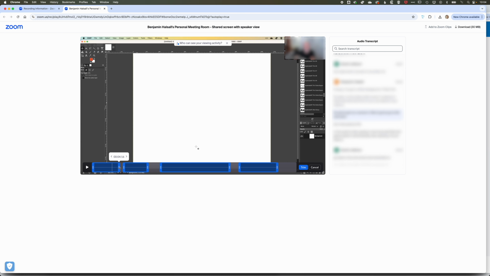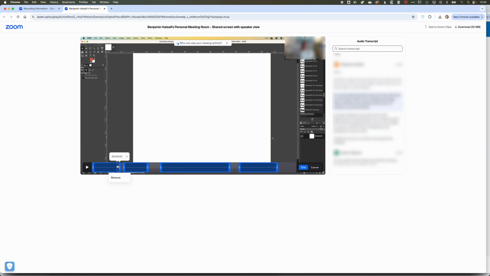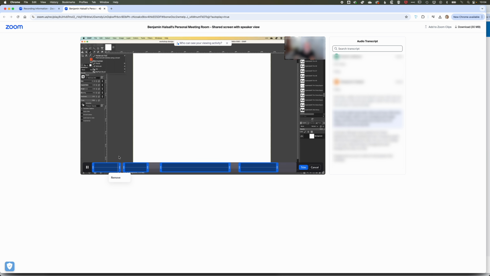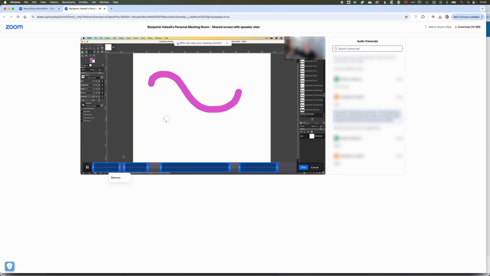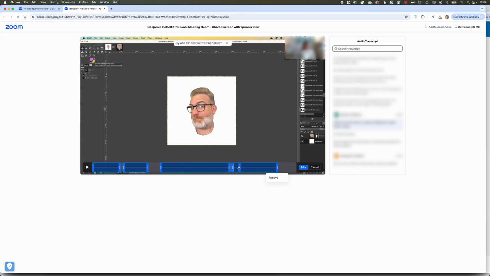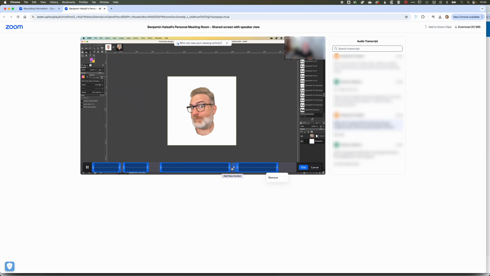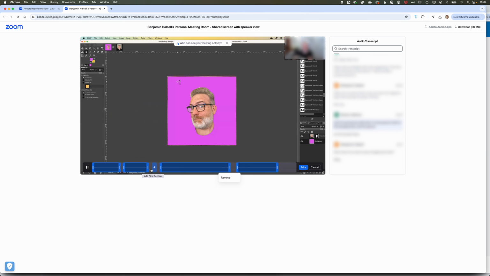So if we come back to this section here and we start playing from around this point, you'll see what will happen is it's going to jump from this first blue box to the next blue box. So it's basically going to skip the section that we haven't selected. So this is nice because it means you can review what your final selection will be. The refining in here is a little bit clunky, so you're not going to get that real detailed refining that you'll get in a video editor, but it'll be good for instance, if we just remove